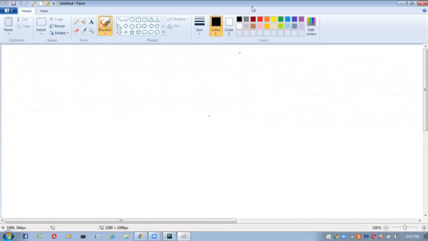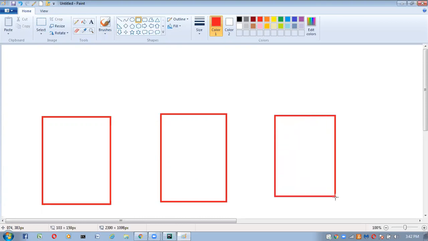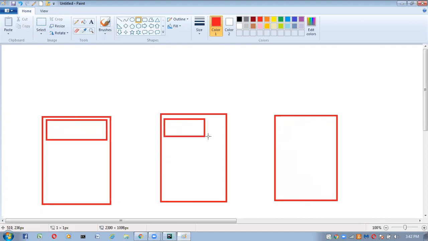So here, I have some HTML files. Assume I have three HTML files like this. This is page one, this is page two, and this is page three. Like this, I have three pages. In all three pages, some common functionality is there. Here and this page and this page also, we have some common functionality.